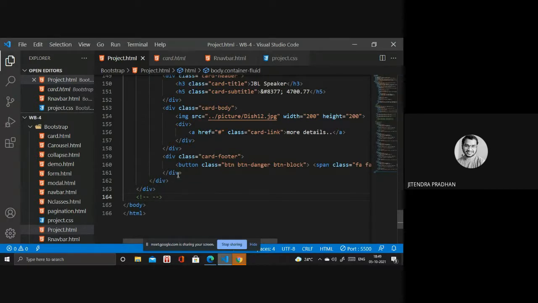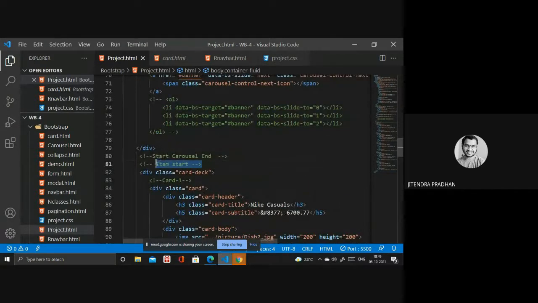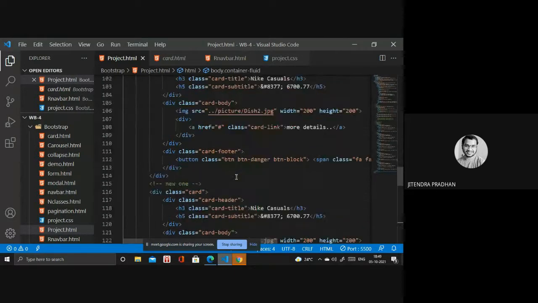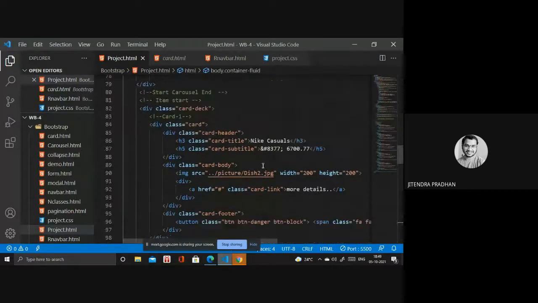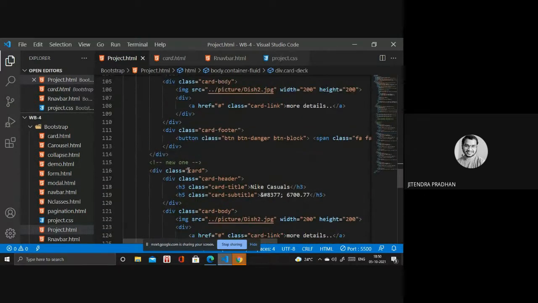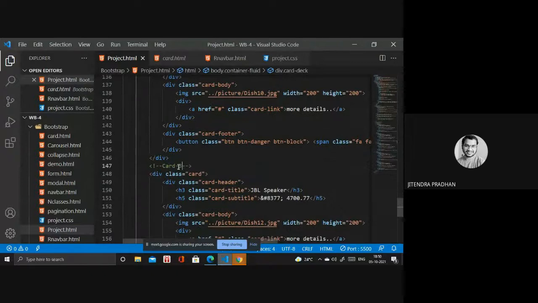What is the thing we were writing before? This one, and we have, yeah, item start. Okay, I will write that item end. Copy and inside end. Okay, and if you need something like a card one, you have to write card two, for understanding purposes. And copy these things, and I'll just write card three. Wait, card three, and we have card four, and it's card five.